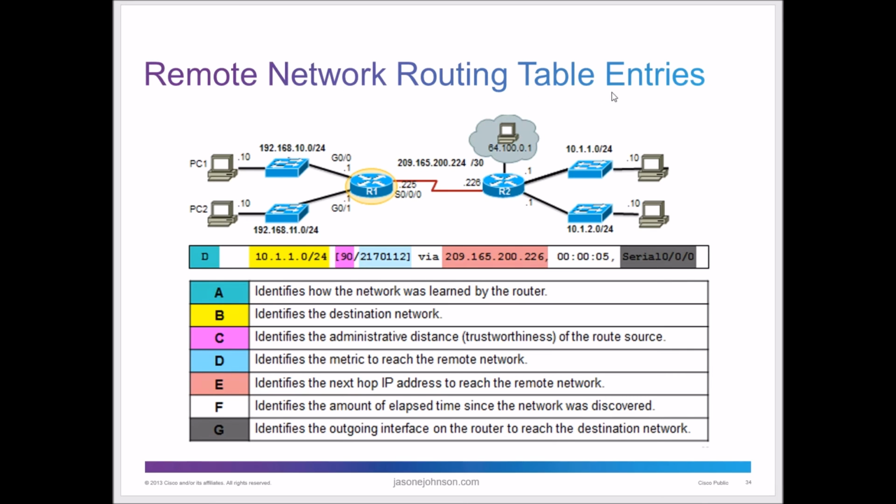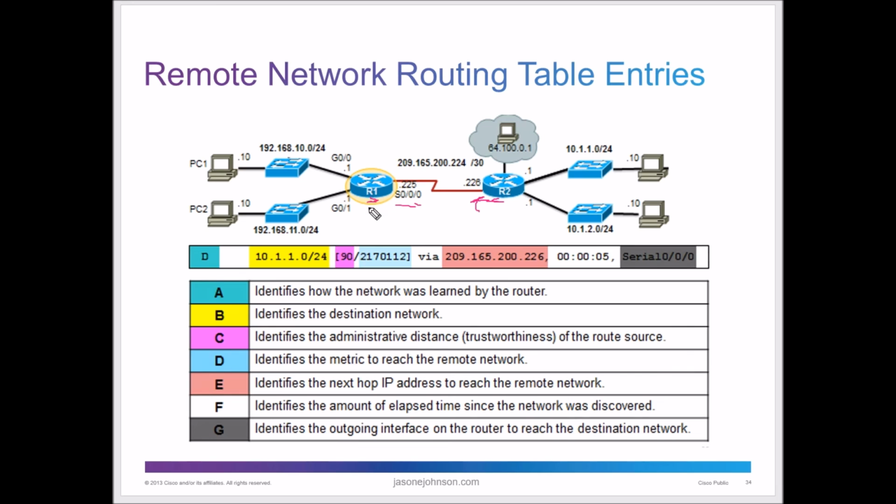A remote network routing table entry. This is remote, so this is showing where we're connected on the other side, but it identifies the network that was learned by the router. So the routers are constantly communicating with each other, and they're sending ARP table information, and then they're sending routing table information, and they're saying, hey, I'm a router, and what information is connected to me? Who's connected to me, and what information can you give me? And so it may send a signal out, and it says, okay, are you connected to me? And this router says, hey, I'm over here. Yes, I'm a routing table too, and here's my information.